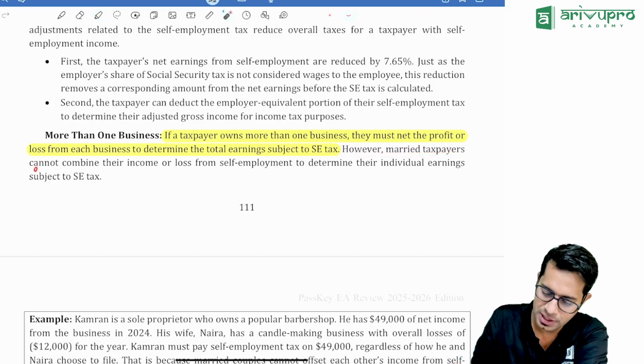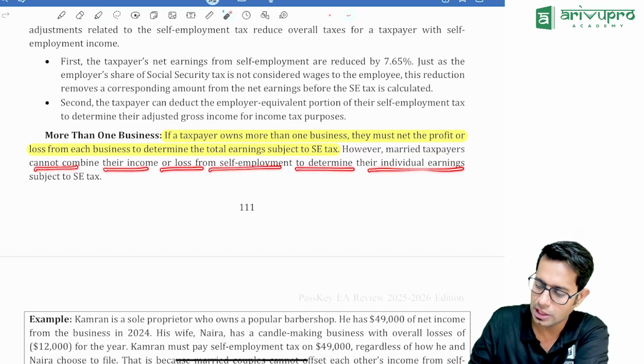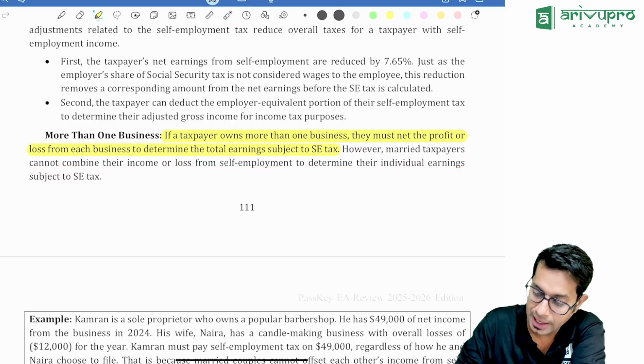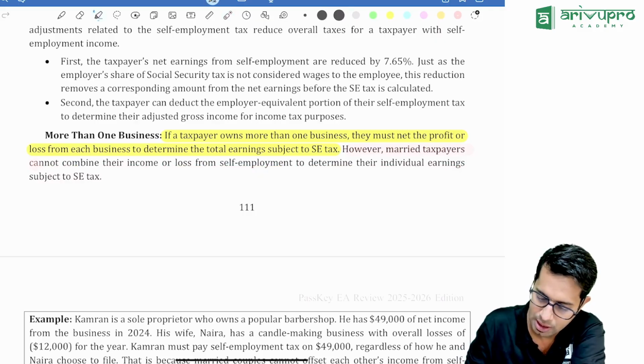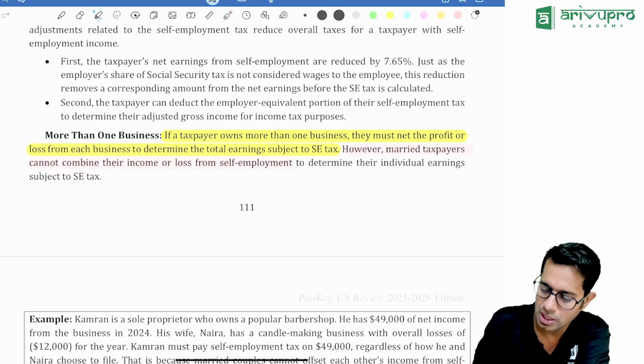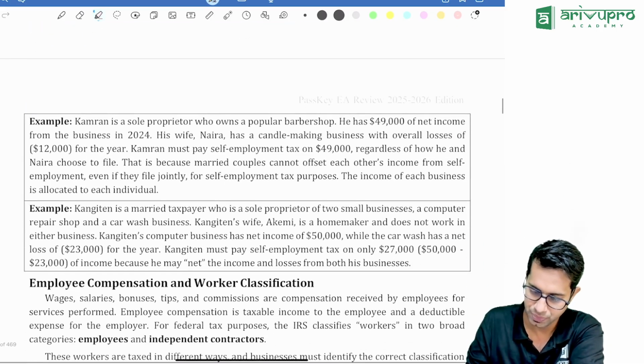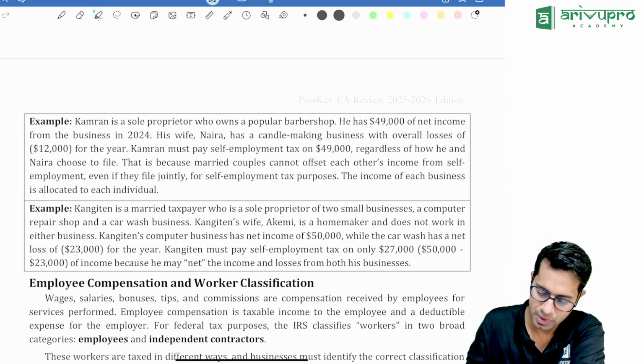However, married taxpayers cannot combine their income or losses from self-employment to determine the individual earnings. Married taxpayers cannot combine their income or losses for self-employment taxes. For example, K